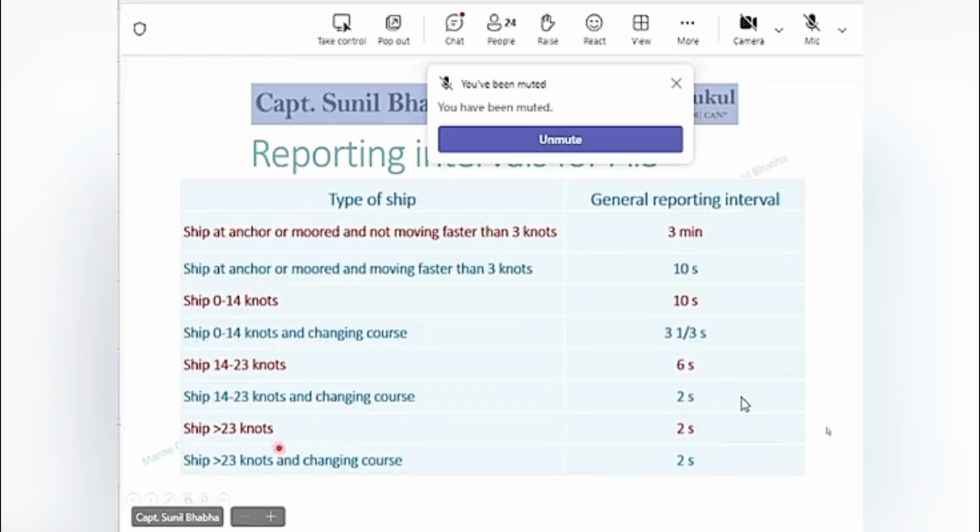More than 23 and changing course, in all these cases, the reporting interval is every 2 seconds. So you see, the faster the ship moves, the faster the data changes, the faster frequency has been allotted so that the data displayed by the AIS is up to date and correct.